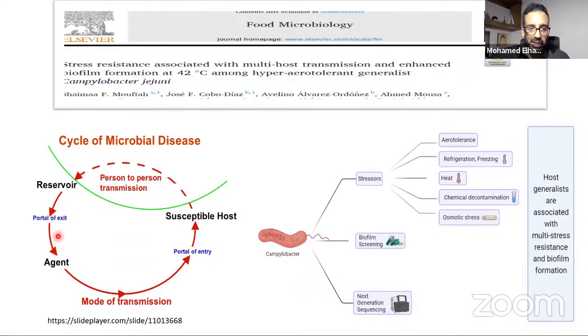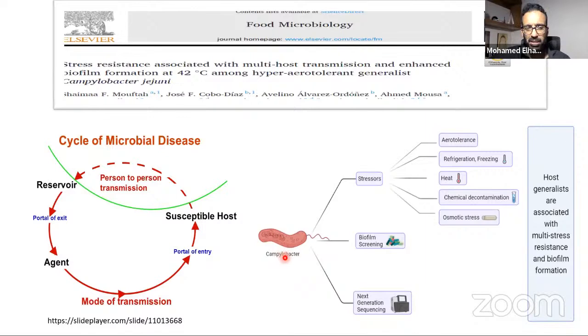What I mean here is that the bacterial agent, in order to get into a susceptible host, faces some kind of environmental stress. For example, if you have poultry or unpasteurized milk, you can buy this milk from the refrigerator, or it can be stressed by refrigeration, temperature, oxygen, whatever the stressors are. So we tried to figure out what stressors Campylobacter actually encounters. And as I mentioned, Campylobacter is very sensitive to environmental stressors.